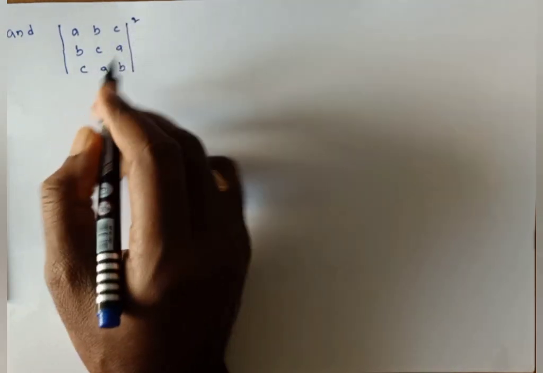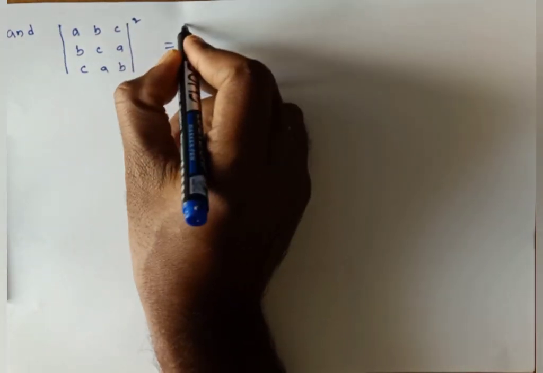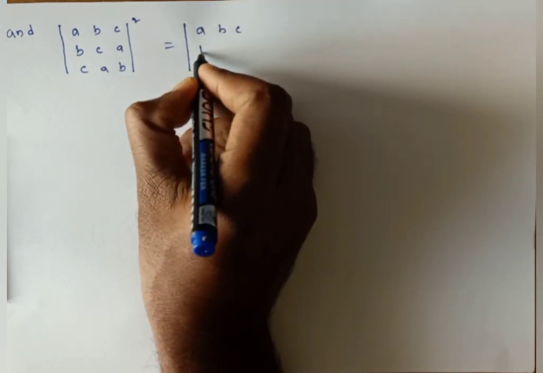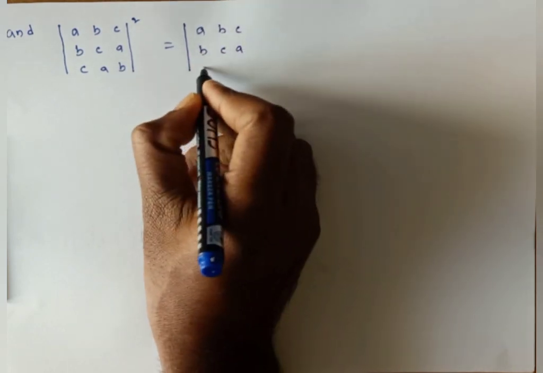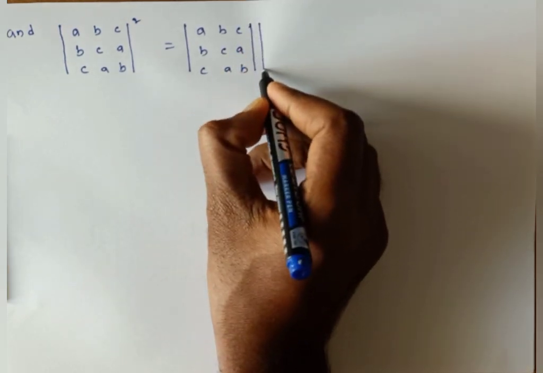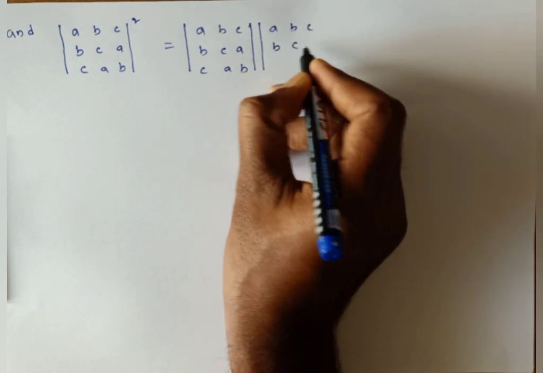Now it is in the form of det A whole square, that can be written as det A into det A, right? So det A is a b c, b c a, c a b into again the same determinant, a b c, b c a